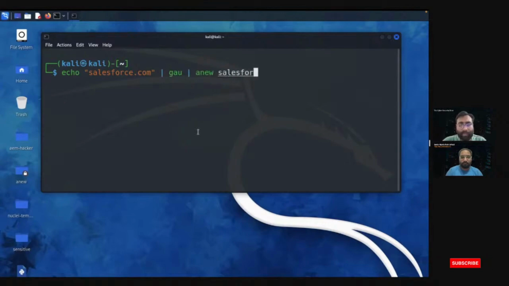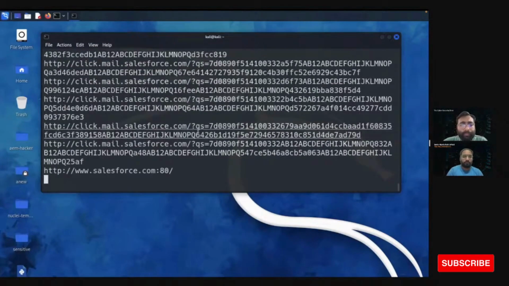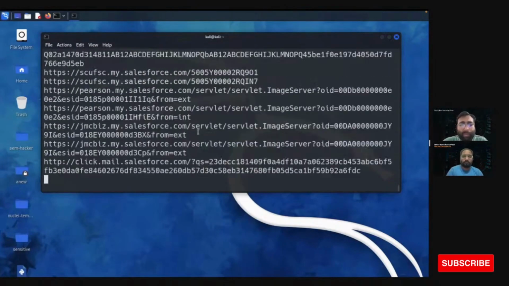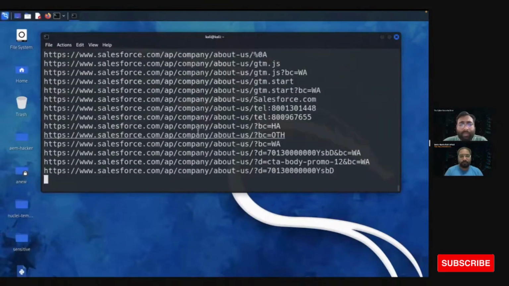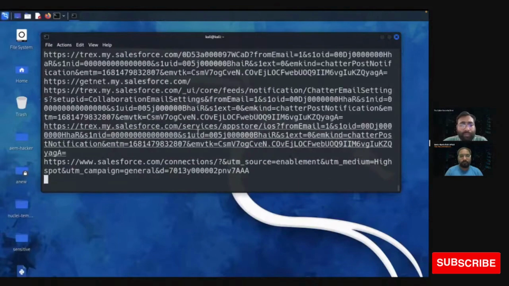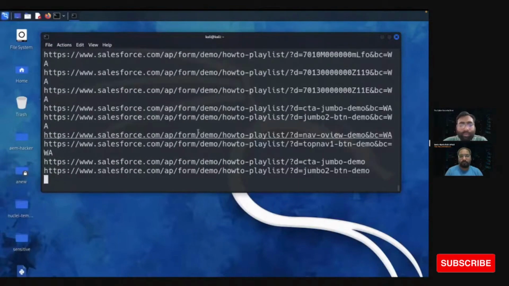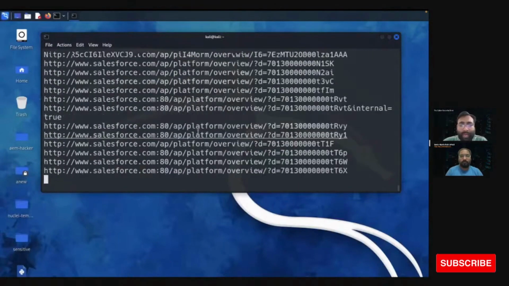Give the file name salesforce urls.txt. All the results that gau will discover will be stored in salesforce urls.txt. You can see we have multiple paths, multiple links related to Salesforce. All these link paths belong to Salesforce. So we have some targets or some paths or some domains to analyze further.